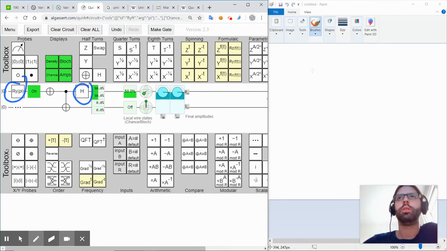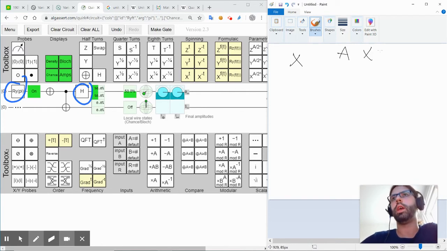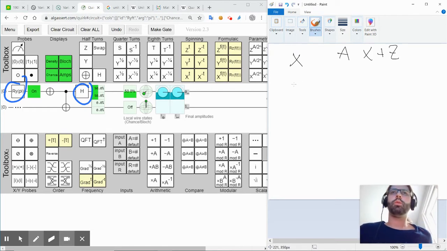So for the X part, remember A is X plus Z. We are getting a solution of